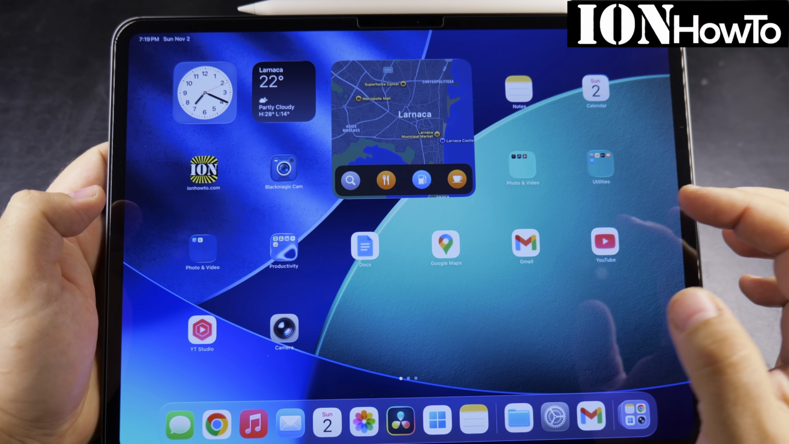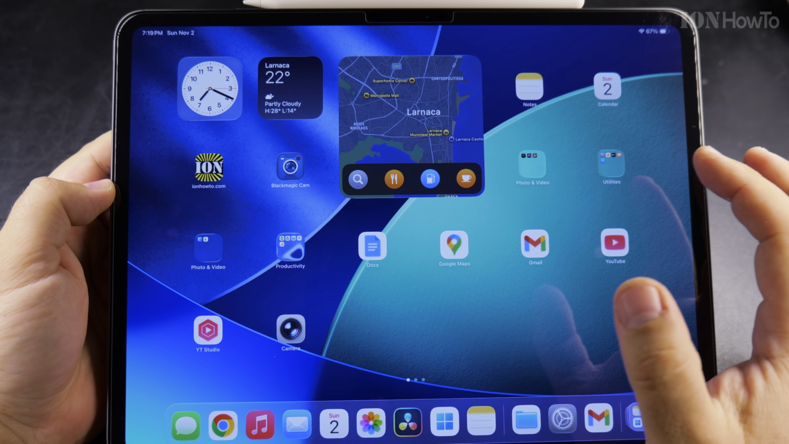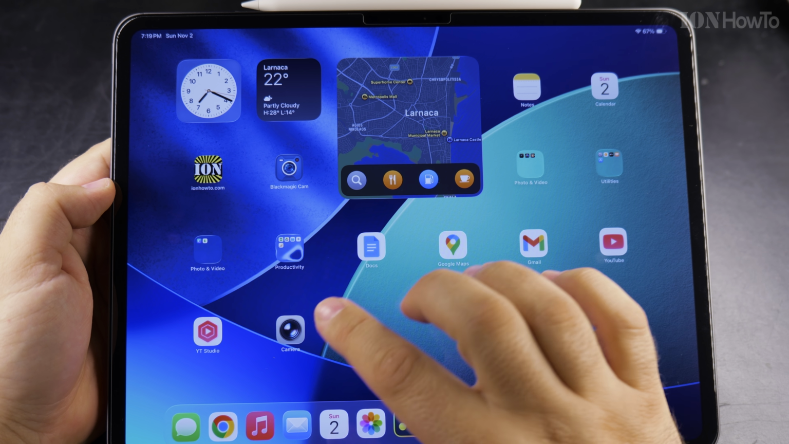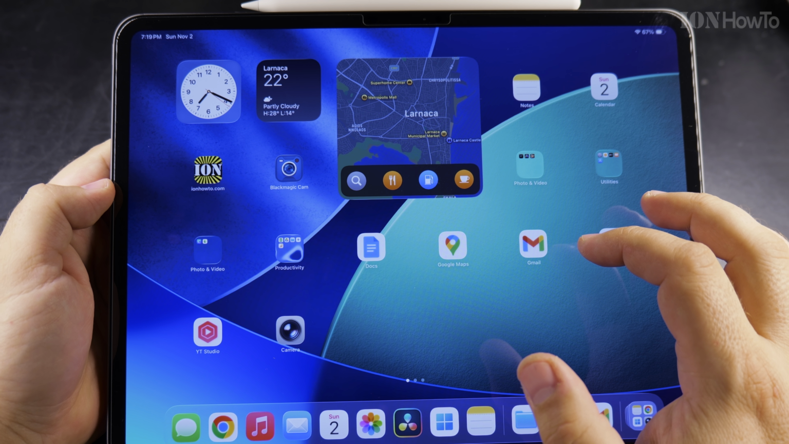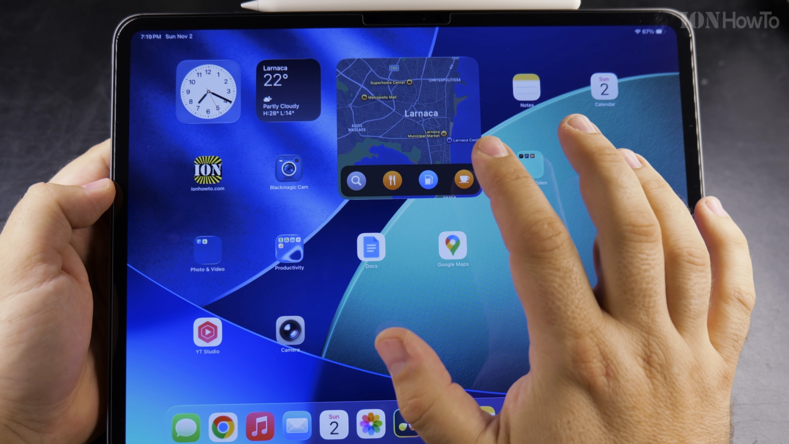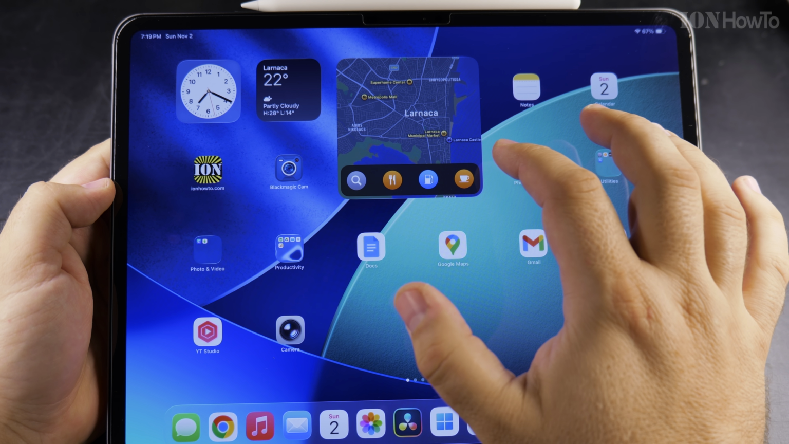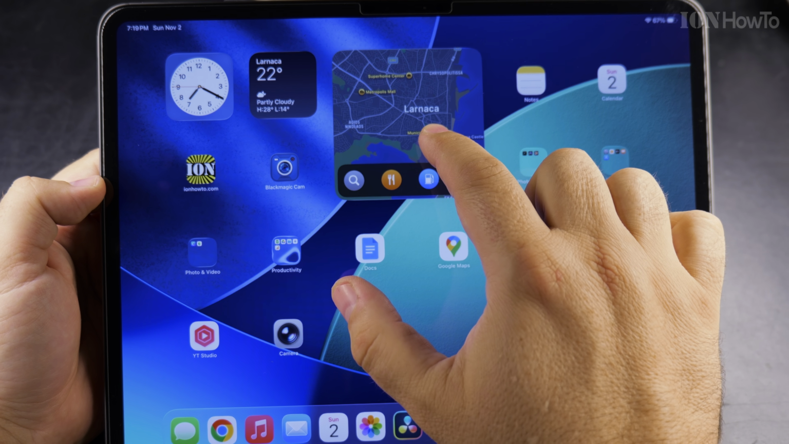Today I show you how to convert a widget to an app icon on your iPad. This is very simple. On iPadOS 26, this is the iPad Pro 13-inch M5, but this works on most iPadOS versions, the recent ones at least. Before you can convert the widget to an app icon, you have to make sure that the widget